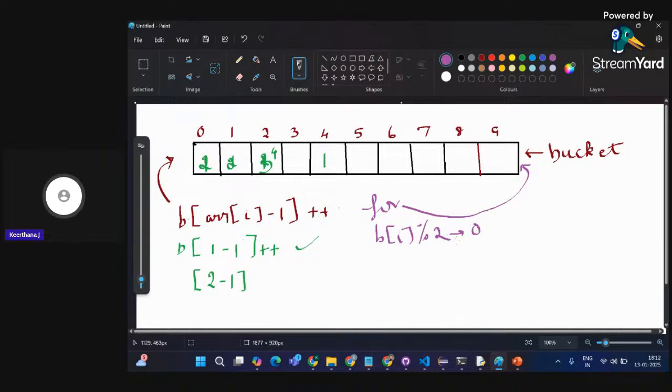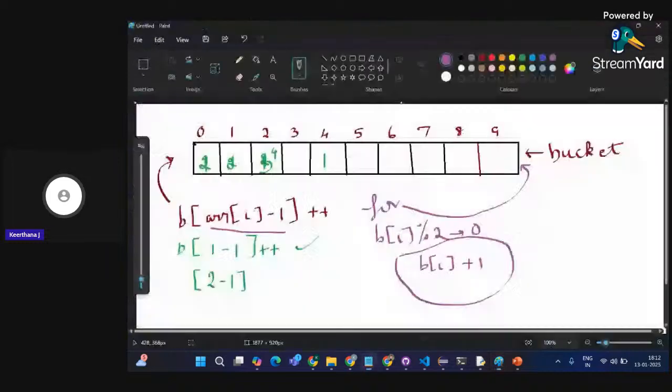If it is not equal to 0, if it is equal to 1, then I'll be returning the element. Now, when I'm returning the element, I want to increment by 1. So, return b of I plus 1. I hope you're getting this logic, why we are incrementing here and why we are decrementing here. Here, decrementing is because indexing starts from 0. Here, why I'm incrementing is because I want to retrieve the element, not the index.